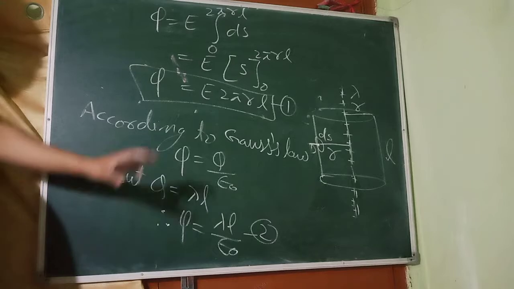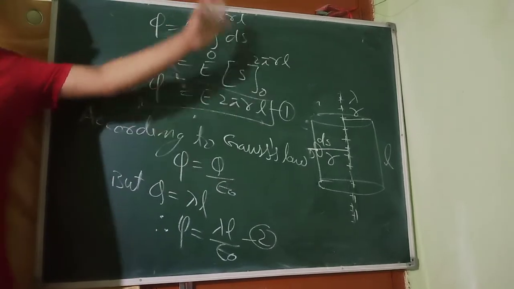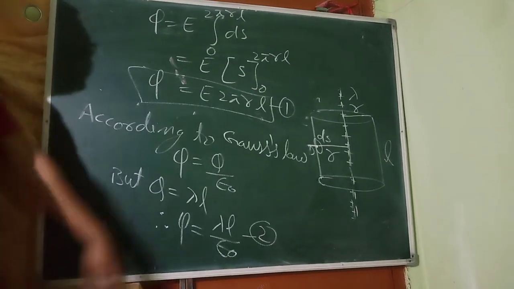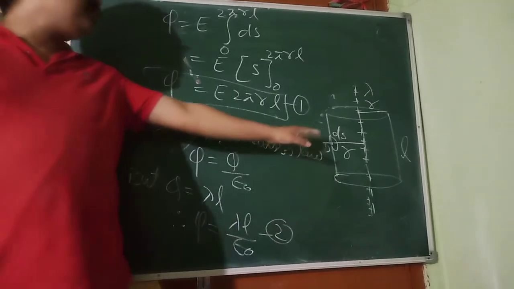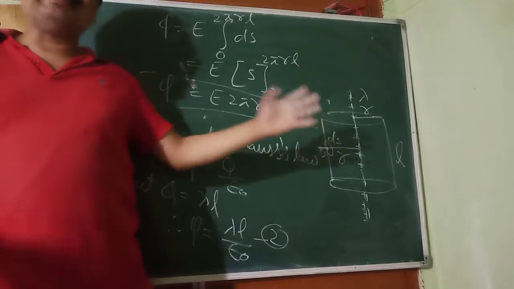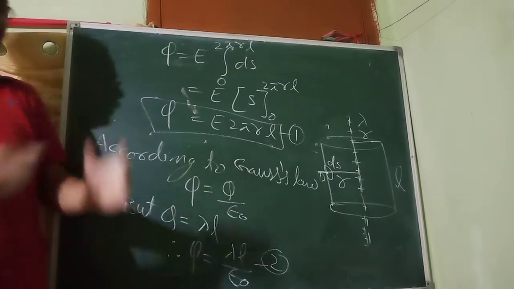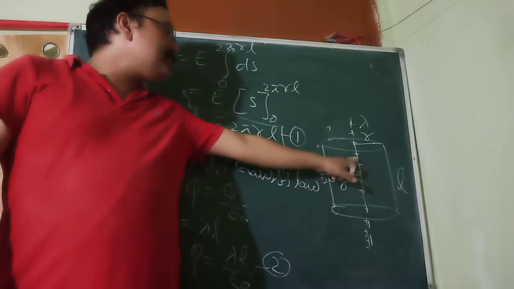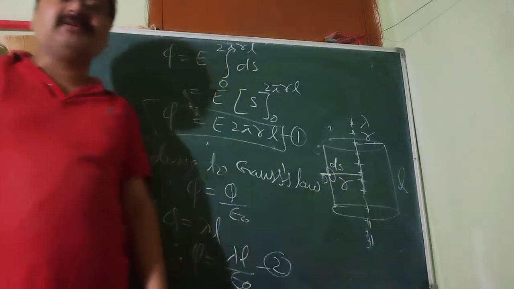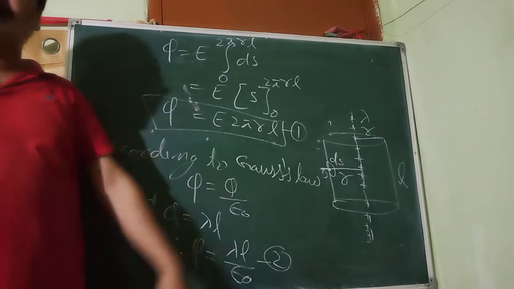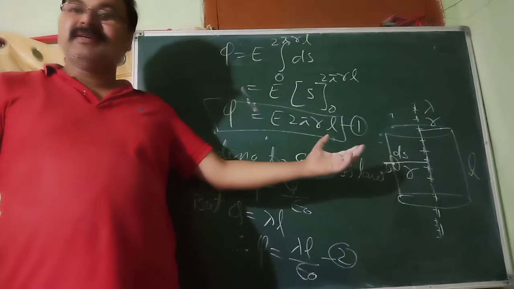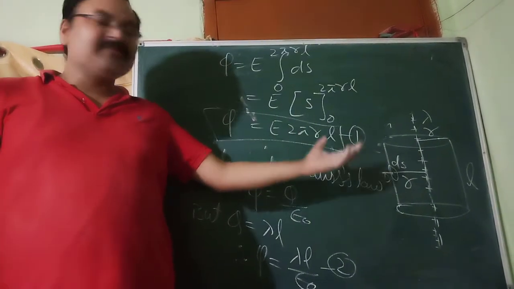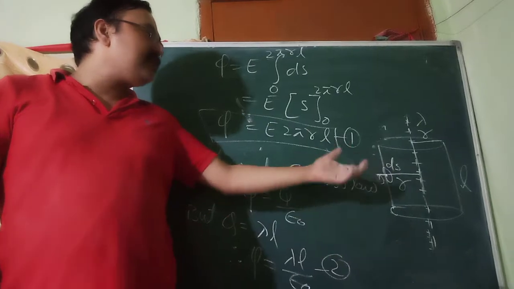Now see here, how can we get the charge for an infinite wire? It's not possible, although its linear charge density lambda is given. So what will we do? We have to take that charge which is enclosed inside it. So what is the length of the wire enclosed inside the cylinder? Obviously, it is equal to the length of the cylinder, which is L.